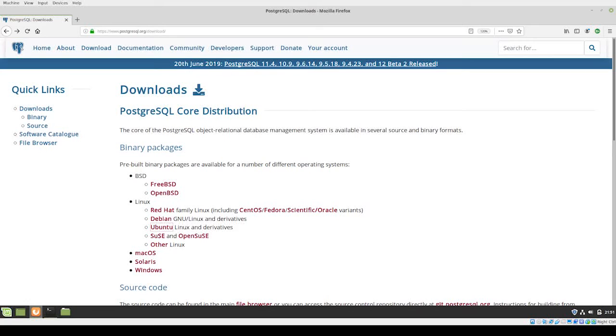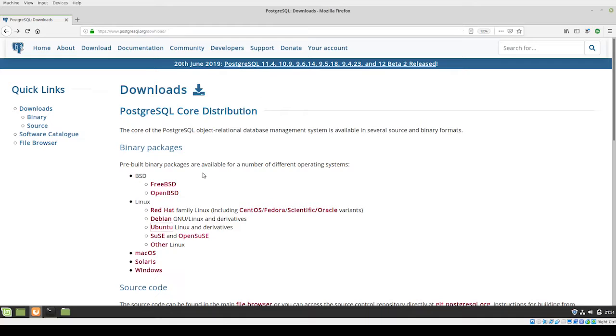In this video, I want to show you how to install Postgres on a Linux Mint distribution that I'm having. In fact, this is fairly easy. This is actually as easy as getting to the moon, and I'm going to show you how to do it. The easiest way to start installing Postgres is to go to the